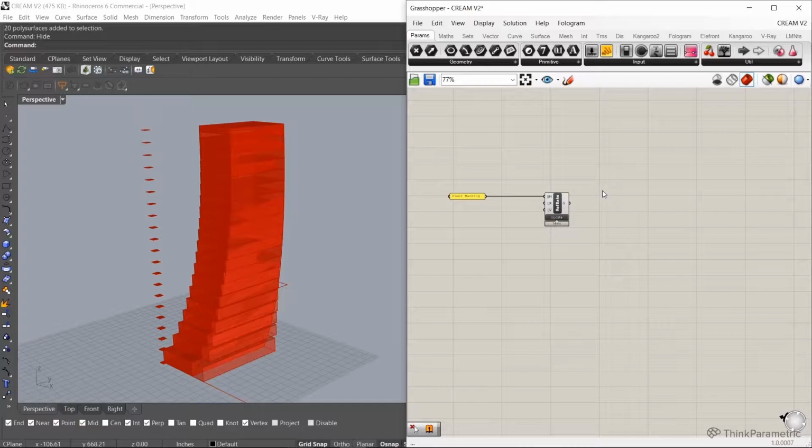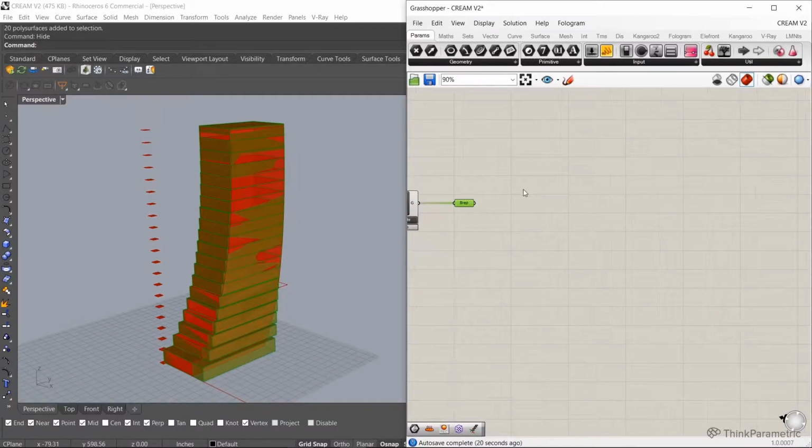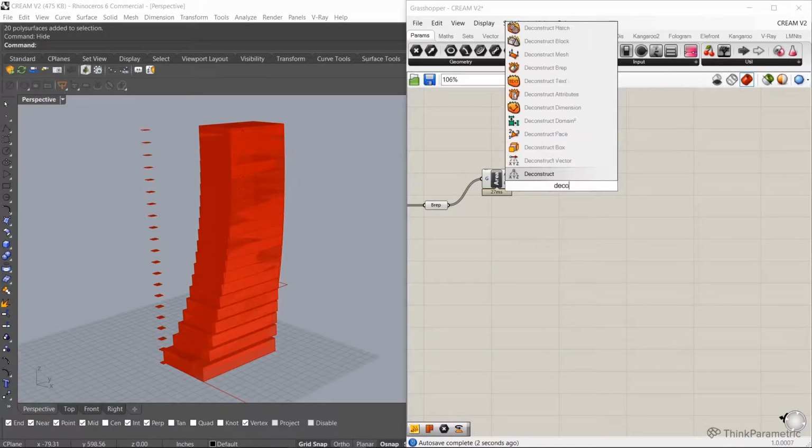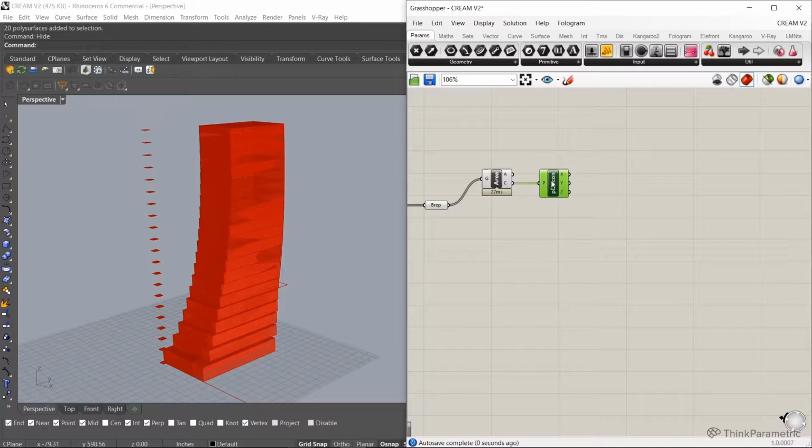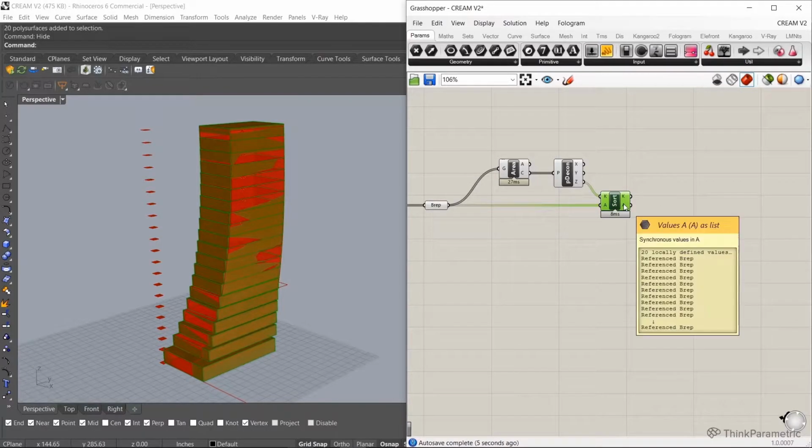The first thing I'm going to do is reorganize the boxes so I know they're in a particular order. Later on I want to be sure the boxes are ordered correctly from the ground floor to the top. In case you change some of this while making manual edits, I'm going to use the area component, deconstruct the center point it gives us, and sort all my little boxes by their height.